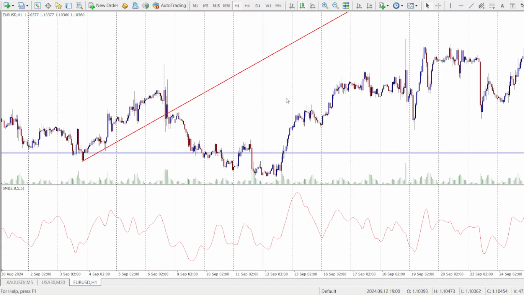Now, let us just draw multiple trend lines first on the chart, and then we are going to use the SMI to confirm the signals gotten from the trend lines. So let us draw another trend line here. Okay, let us draw another trend line here, right? Let us draw another trend line here, and finally let us draw another trend line here. Okay, now as for the first trend line,